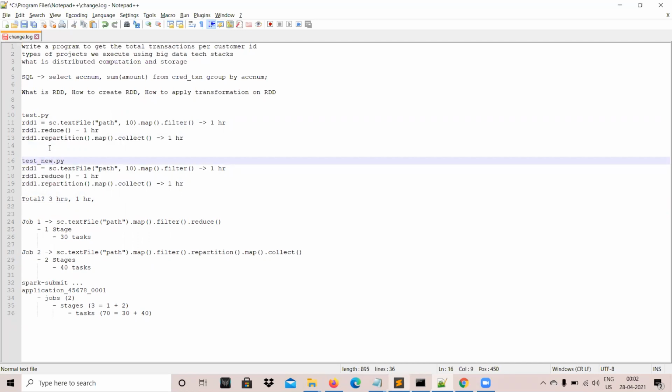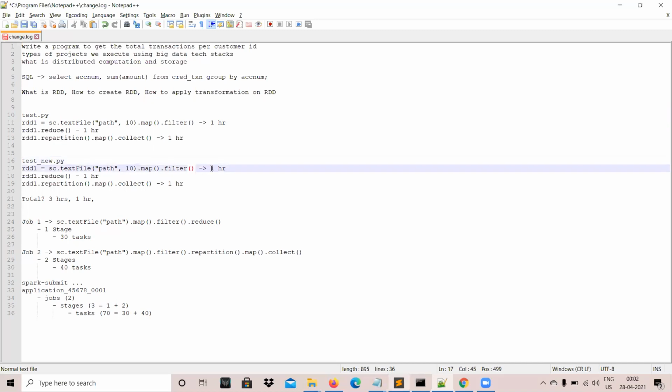I'm giving it a new name, say test_new.py. Here, after doing the filter function, you are calling the cache function. Cache is also a transformation because it also returns an RDD.